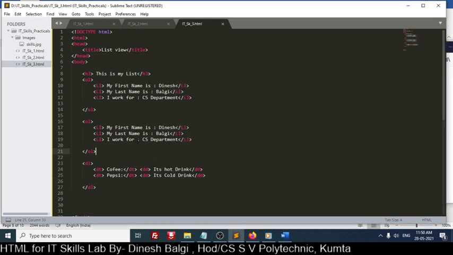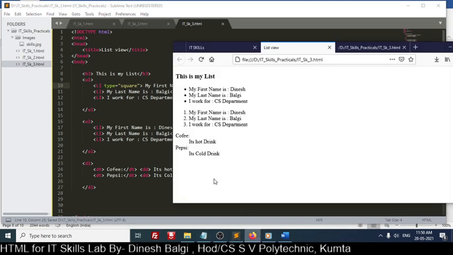Now we will try some tags or attributes on this. What I want to do is, I am getting a rounded bullet. I want a square one, so I can use type here, type as an attribute. I'm not sure whether it works or not. Type equal to, I will just try this. Type equal to square. Just try, works or not. Yes, it's working. You see now we are getting square.